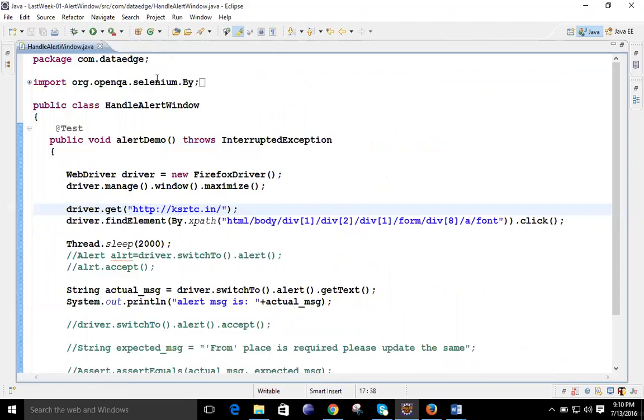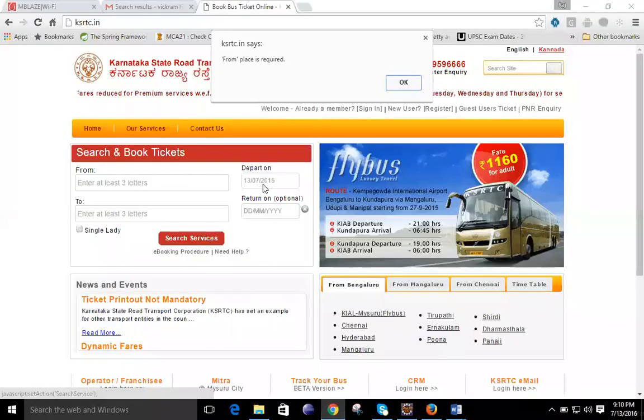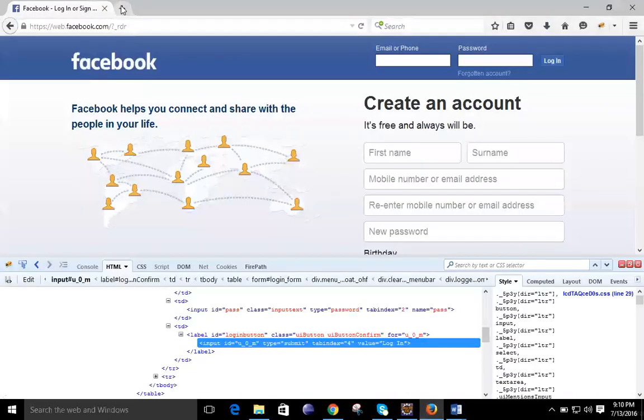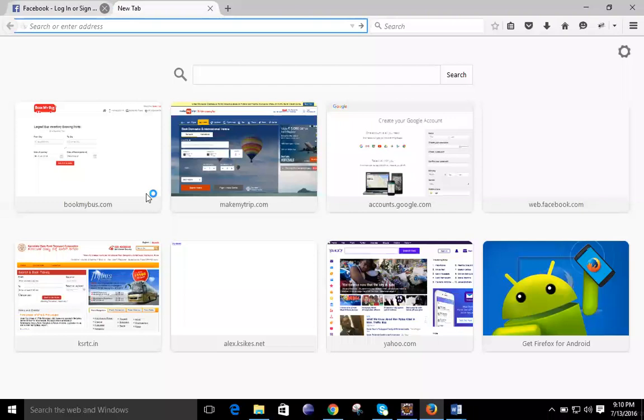Here we are going to simply click on the button, the search services. We have to open it in Mozilla, because that is not possible in Google Chrome.